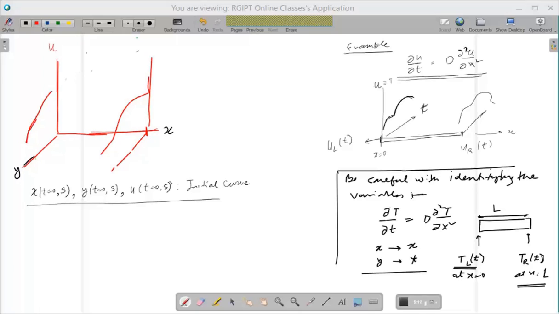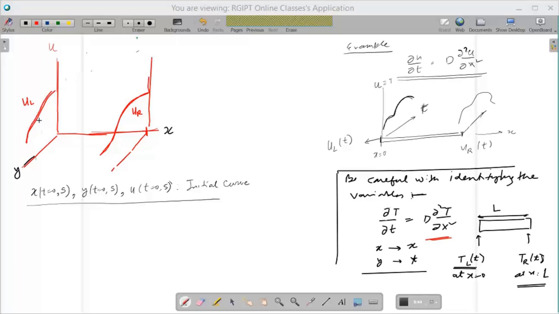So these temperature dependencies are shown by these two curves. Temperature dependency with time are shown by these two curves at the left and right hand. So this would be like UL, this would be like UR. All right. And now what I'm saying is, here in the current problem, this is a second order problem, so I have two conditions given. But the current problem we are looking at was a first order case, or in general, you can have